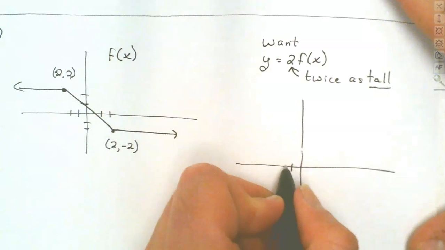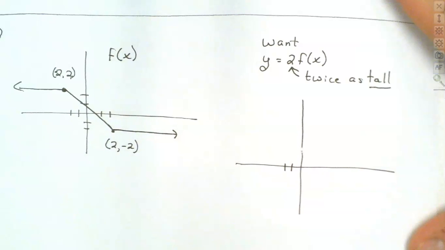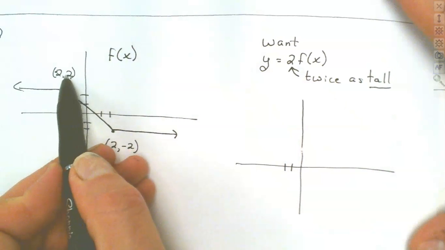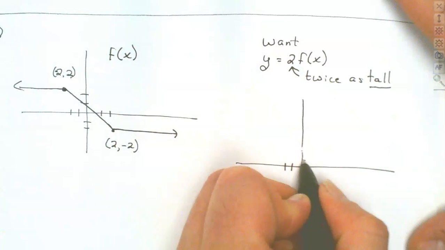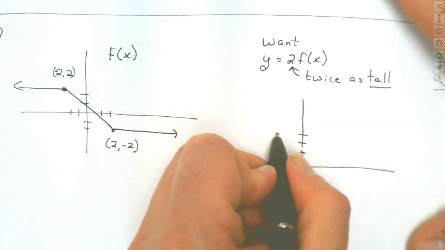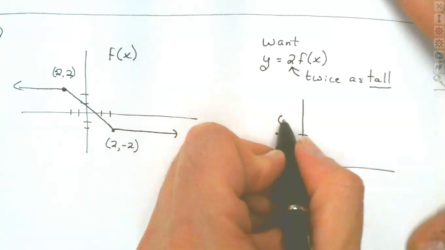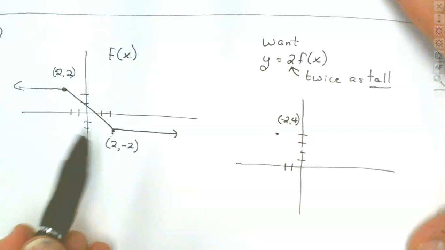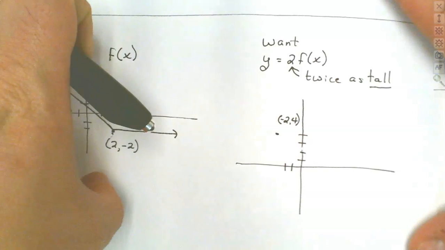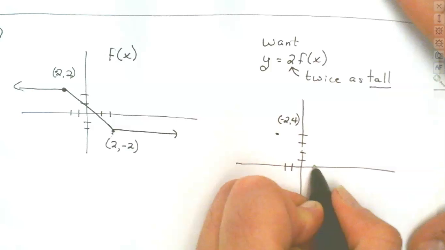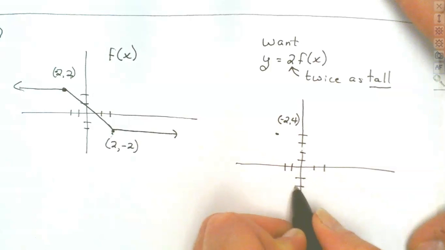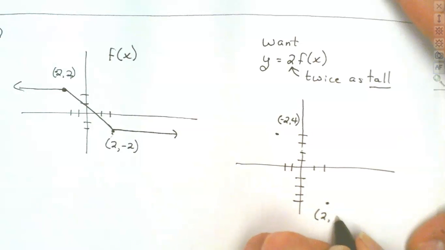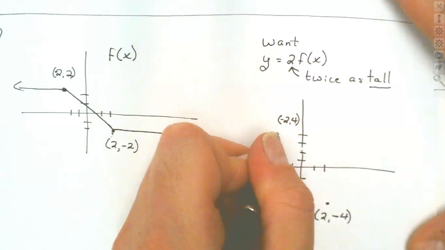So we're still back here at negative 2, but instead of it being at 2, we've got to double that 2, and that makes it 4. So that's now at negative 2, positive 4. And the same thing down below. Okay, we're going to double it in size, make it twice as tall. So our second point is over here at 2, but down instead of 2, it's down 4. And now when we connect them together,